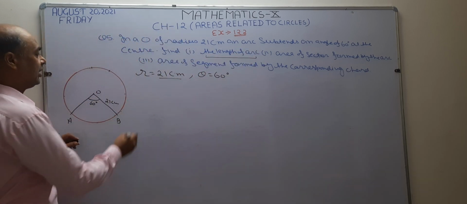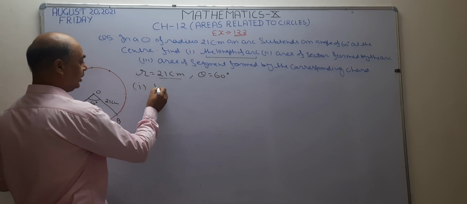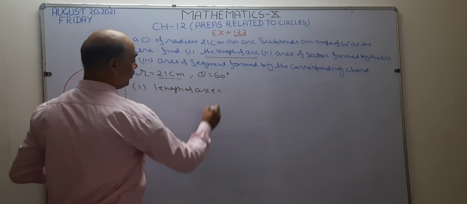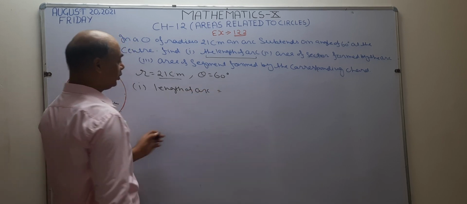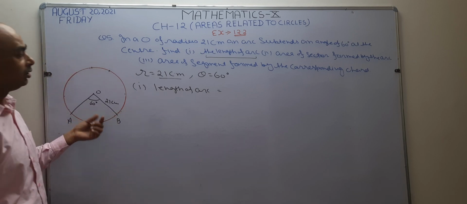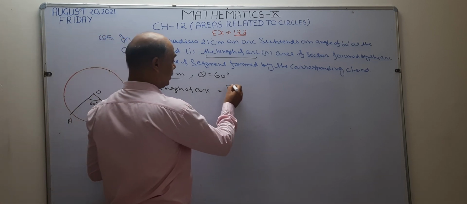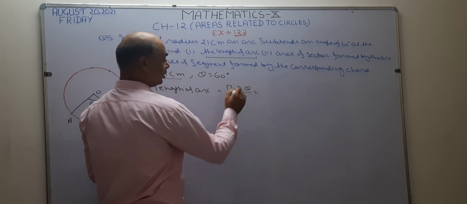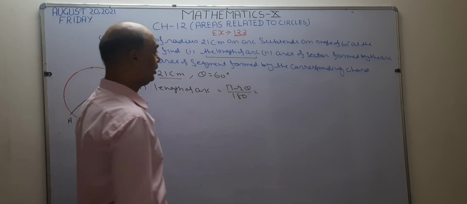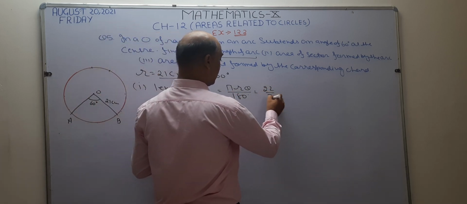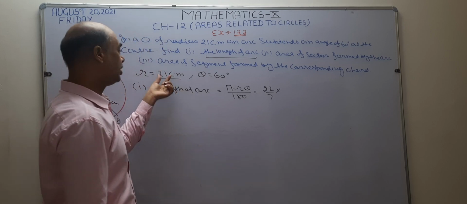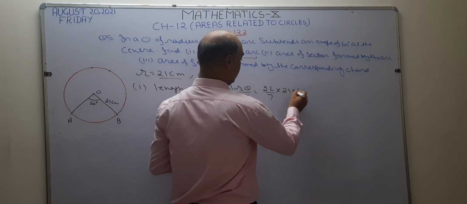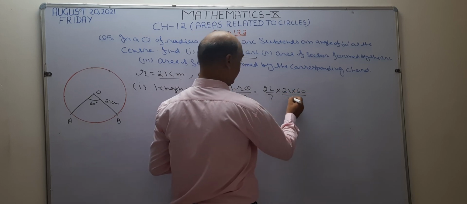And you know how to find the length of the arc. A simple formula is there. Right here, length of arc. How do you find the length of arc? Length of arc means length of sector. How do you find the length of sector? Pi r theta upon 180 degree. Simple formula is there. Pi r theta upon 180 degree. Now value of pi is 22/7. Radius is given 21 centimeter. After that theta is also given, 60 degree. Right here 60 degree upon 180 degree.